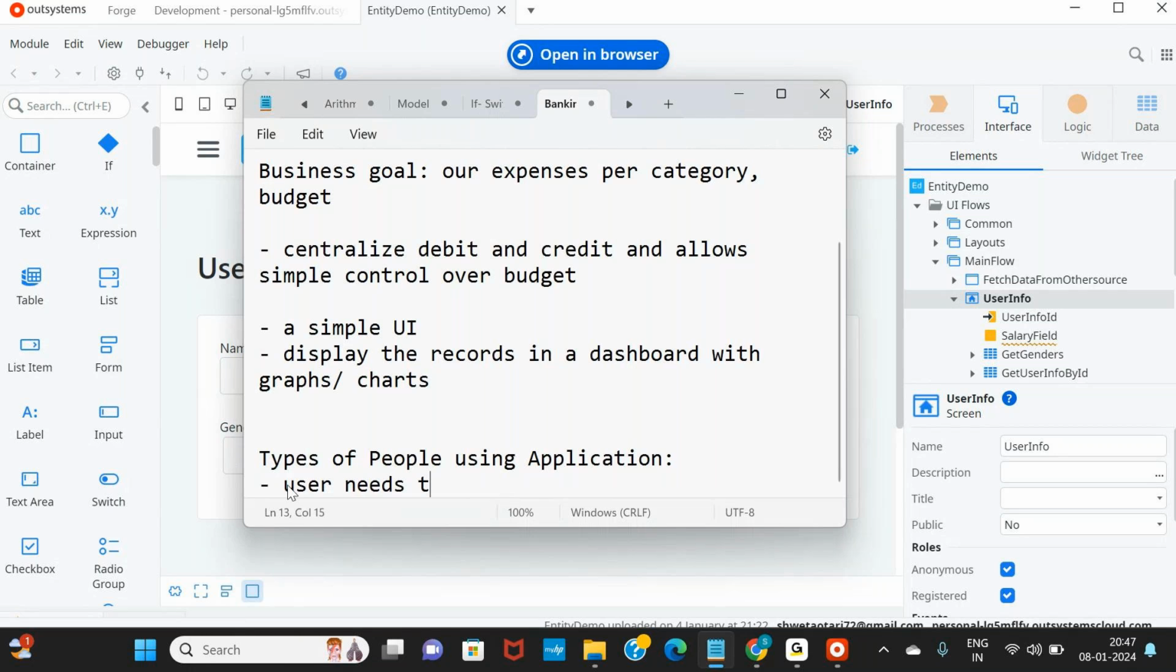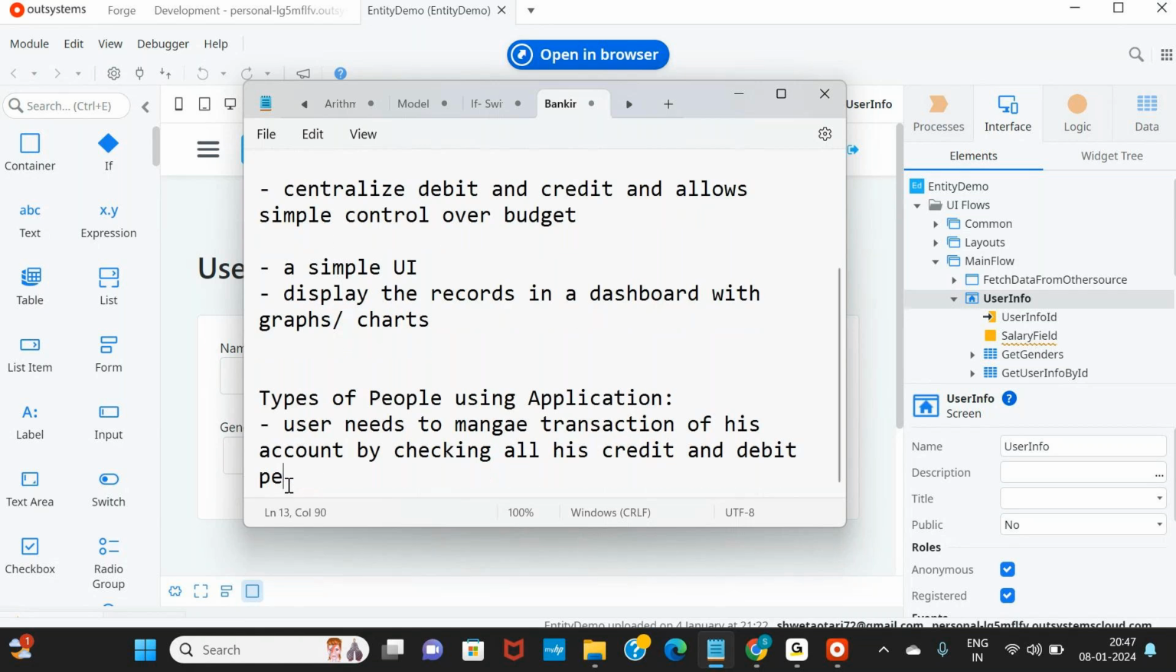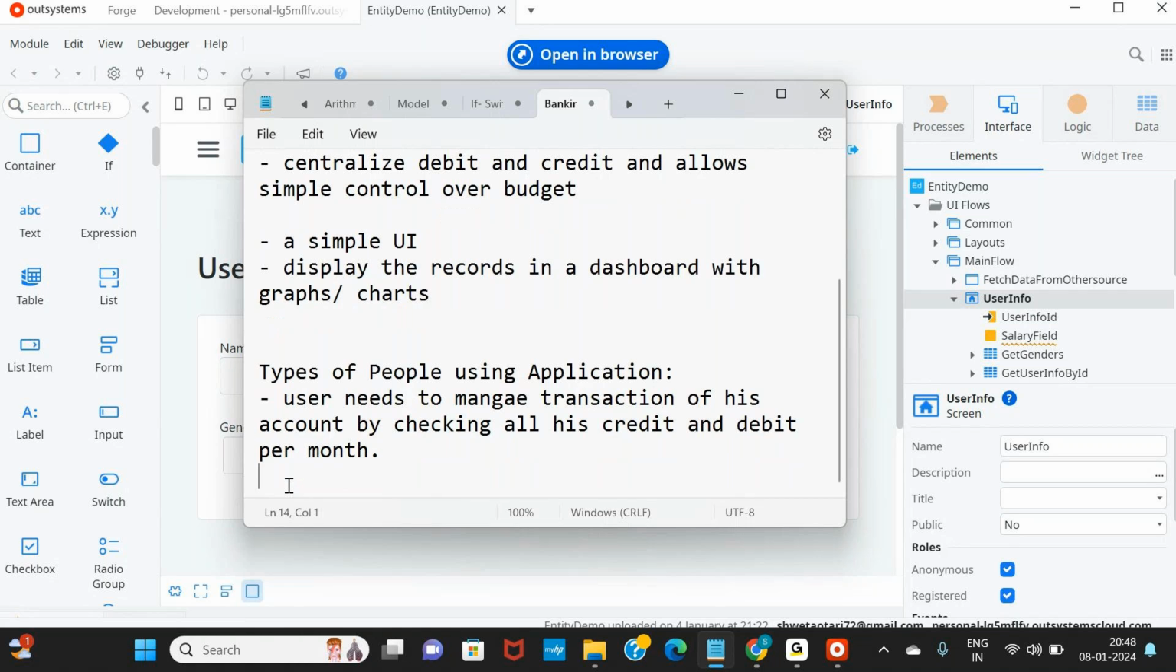So I will write here: user needs to manage transactions of his account by checking all his credit and debit per month. Okay, then